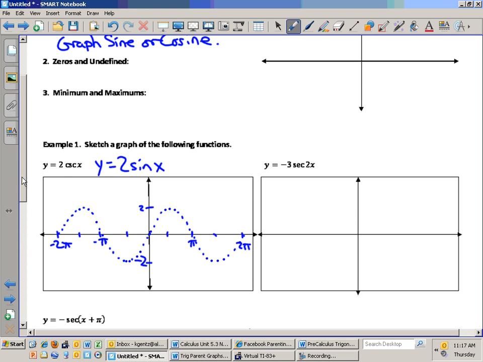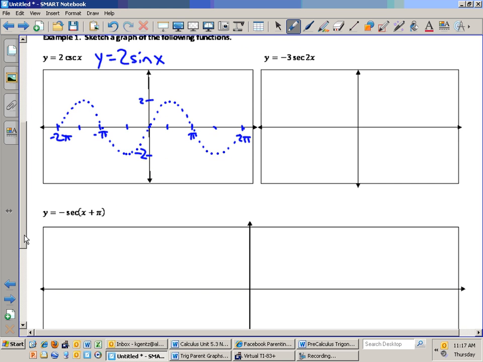The second step is to work with your zeros and undefined values. Draw vertical asymptotes through zeros. So that's our second step. We draw vertical asymptotes through our zeros. The zeros are right where it crosses the axis. Now I've got my vertical asymptotes, and my third step is to